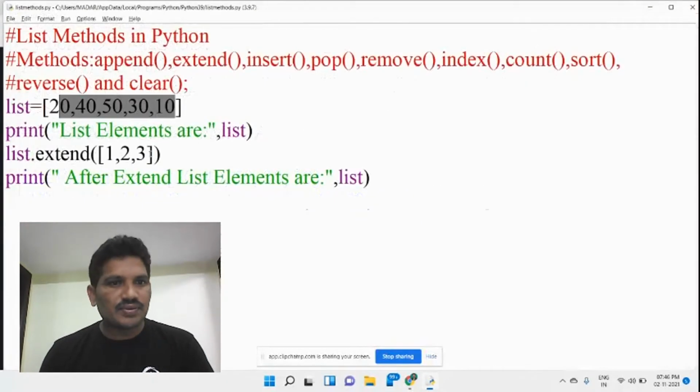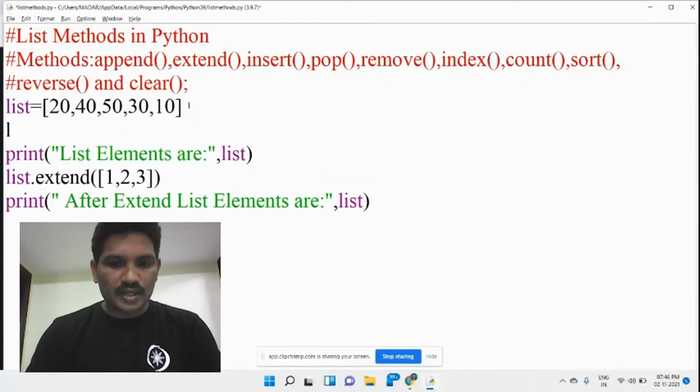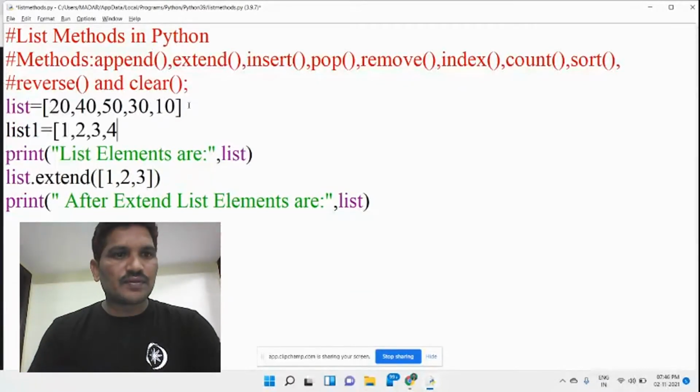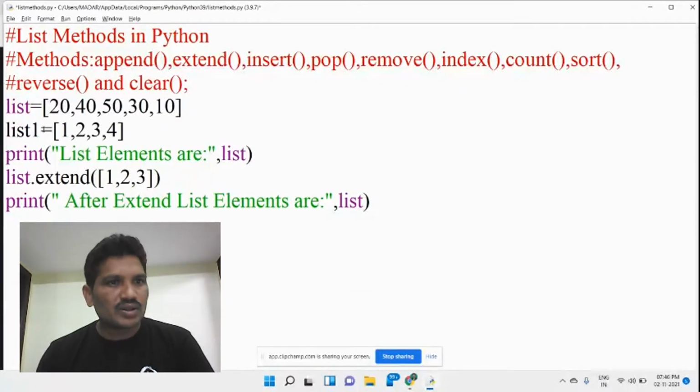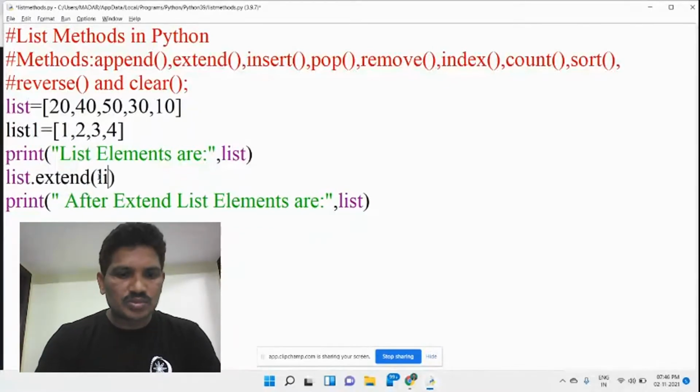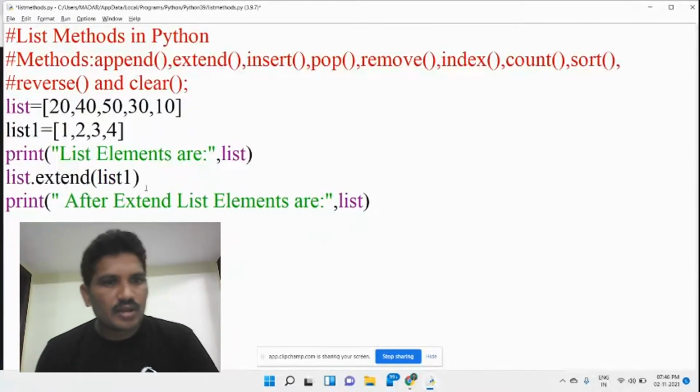Then another example, instead of writing the individual elements. For example, list1 equals 1, 2, 3, 4, like this. Then if you want to add list1 at the end of the list, instead of writing the elements, you should mention the list object list1, because list1 is to be added at the end of the list.